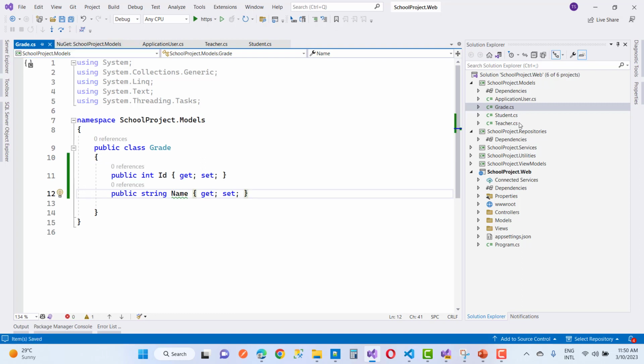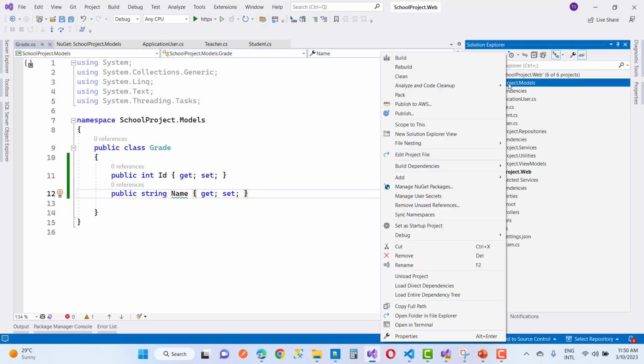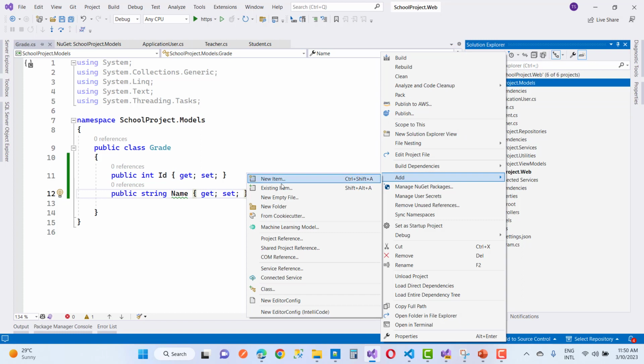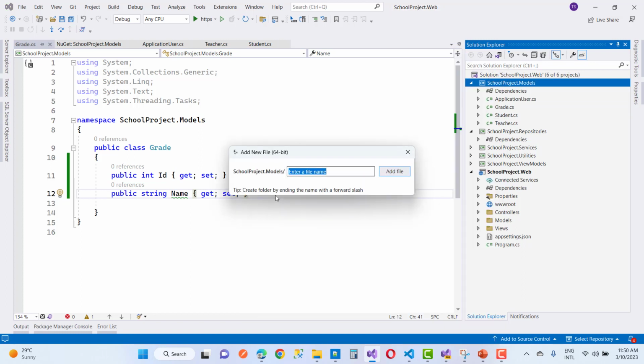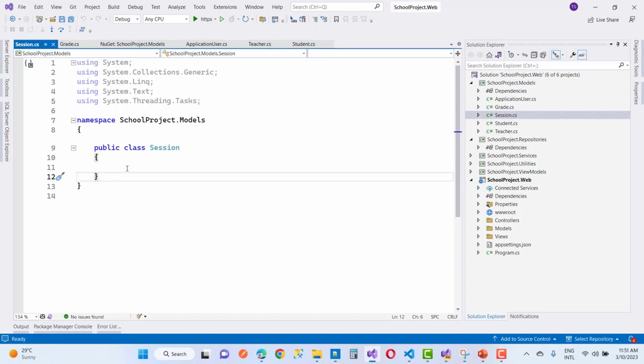Okay, so the next class is the grade teacher yearly, and the next one is the session class, or you can say an empty file, session.cs. It's a name actually, but I will take it as session. Okay,